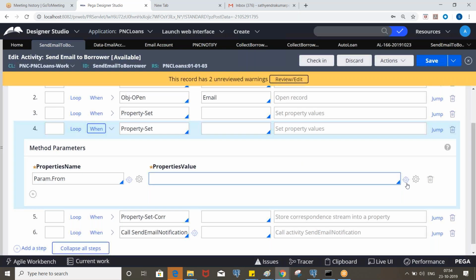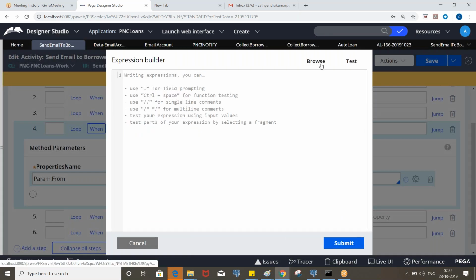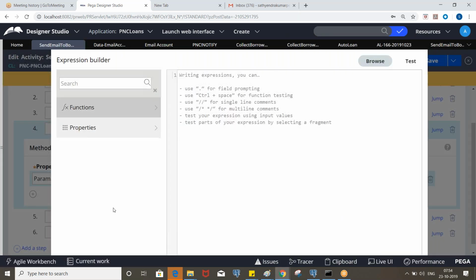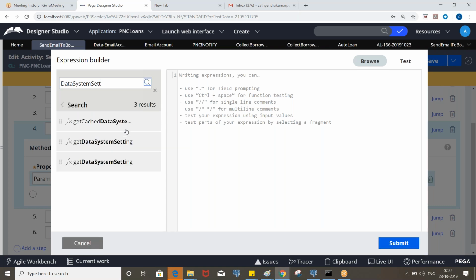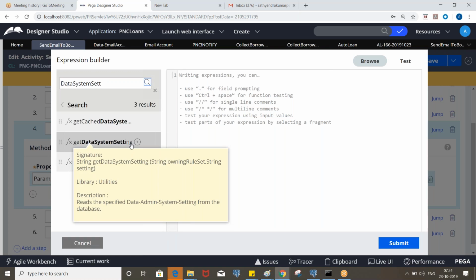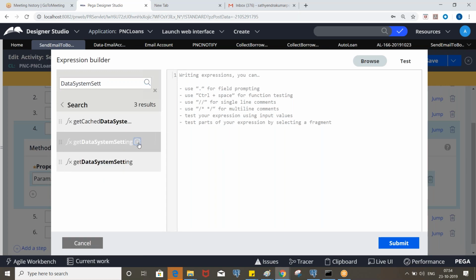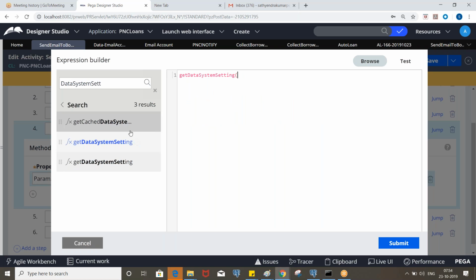We created a DSS, and in order to capture that value, we have a function called get data system settings. Go to the expression builder, data system settings, this one, get data system settings.